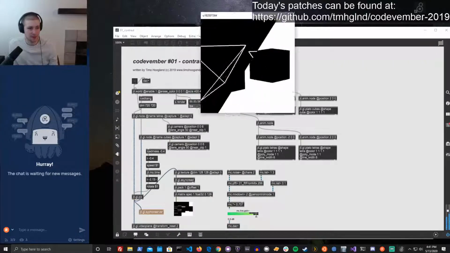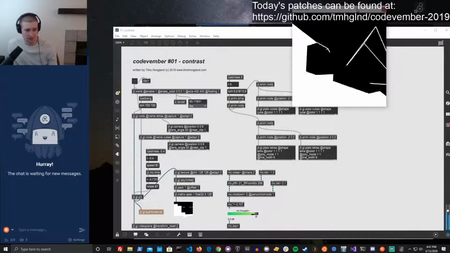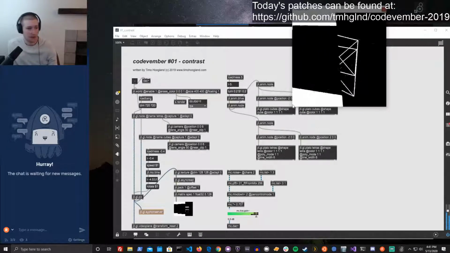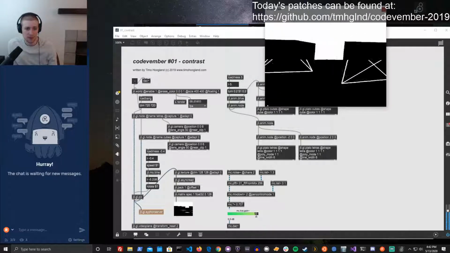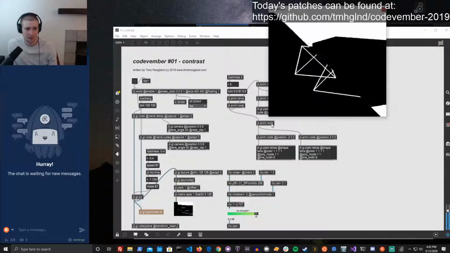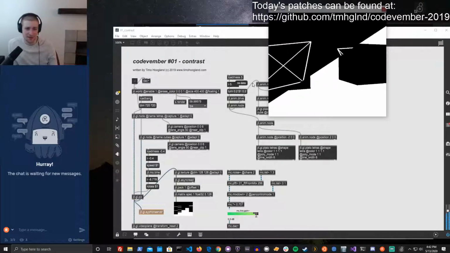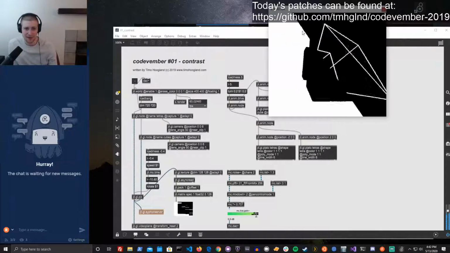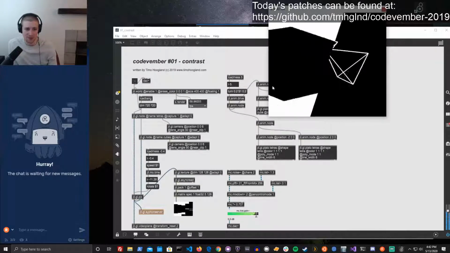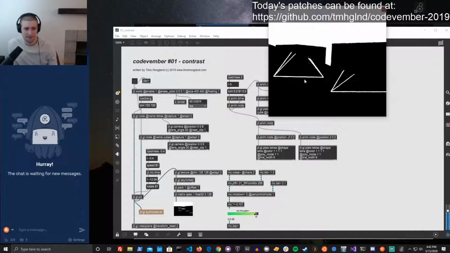Yeah, and unsurprisingly, we're seeing a lot of the same code. Not all of it, but a lot of the same code. And what we're getting is this cool render. Very cool. So it's called contrast. So you can kind of see why, right? We've got a black, half white background, and it's rotating. It's positioning, and then